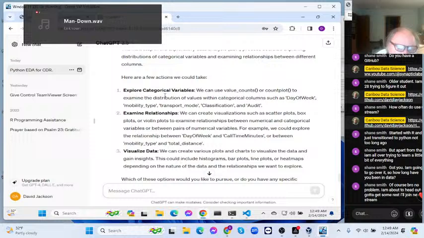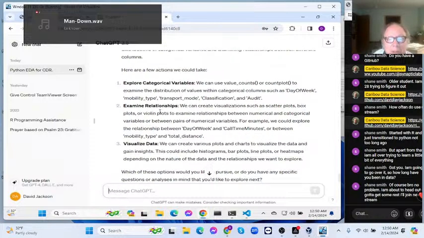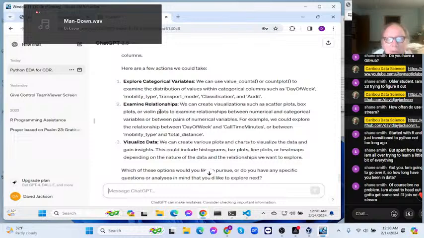Explore categorical variables, value count, plot. One of my favorite new Seaborn plots, the count plot. Examine relationships. You can create visualizations such as scatter plots, box plots, violin plots. Visualize data. We can create various plots and charts to visualize the data. Okay, let's